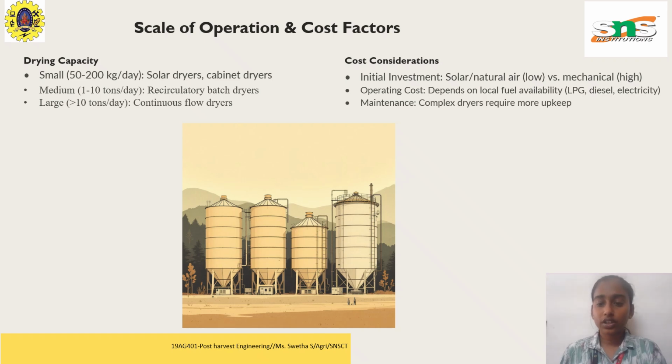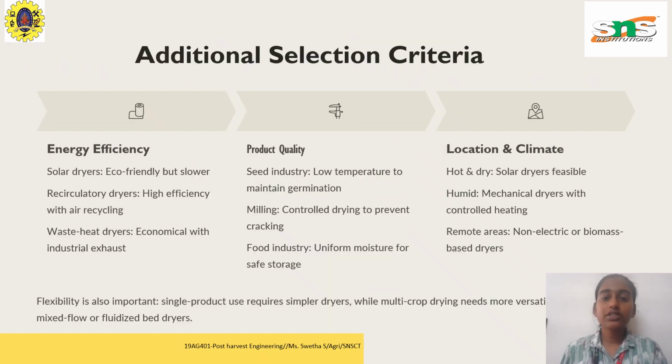require more upkeep. Additional selection criteria depend on energy efficiency, product quality, location and climate. Solar dryers are eco-friendly, and seed industries need low temperature to maintain germination; solar dryers are also very feasible and portable. Flexibility is also important. Single product use requires simple dryers, whereas multi-crop use needs more versatile mixed flow or mixed